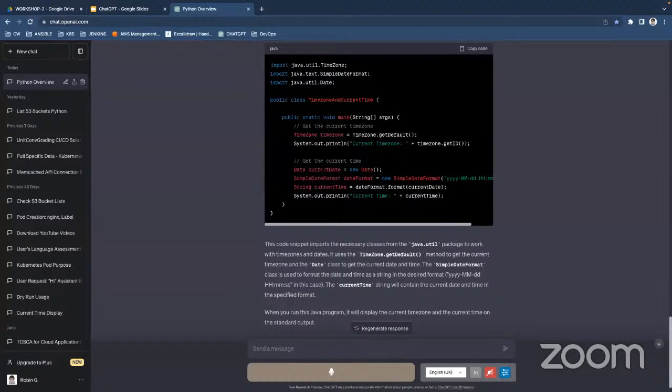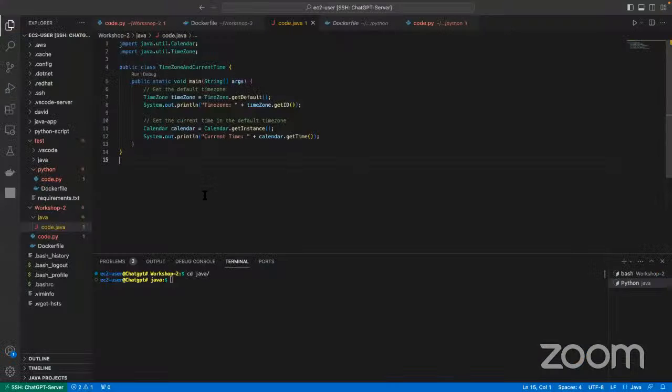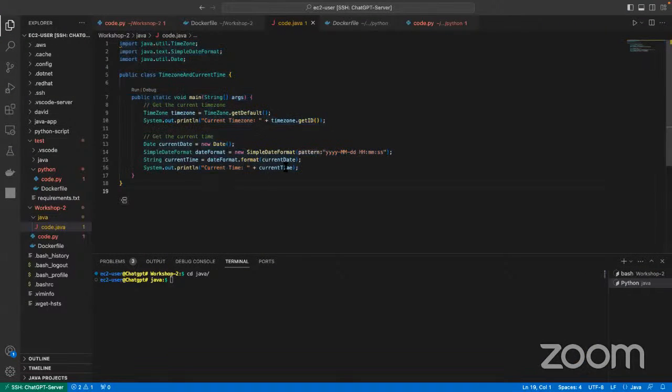Okay, so we can take its content from here and get back to here. This is something different than before. First, let's check whether it's working or not.